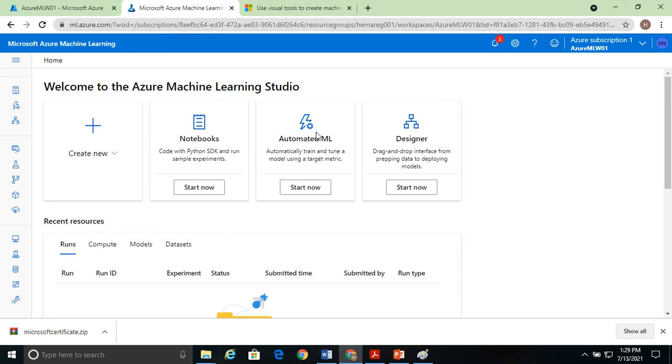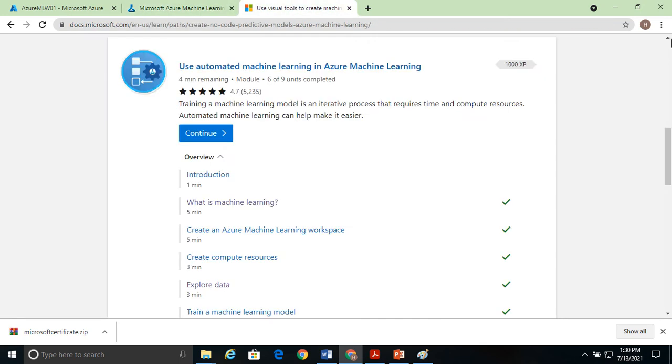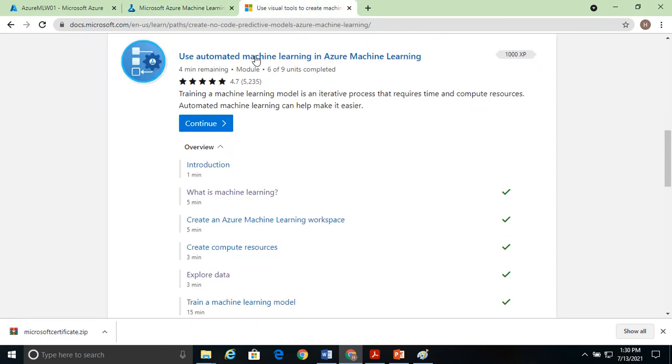Or if you are not familiar with machine learning and you don't know step by step how to create a model, deploy a model, or evaluate a model, in that case you can go for automated machine learning. There is no code required, and you are not even required to know the steps in creating a machine learning model. Suppose you are familiar with the steps, then you can go for designer. Here you will have a canvas where you can drag and drop all the modules and design the model by yourself, without writing code. In this video, the first thing we are going to do is use automated machine learning.